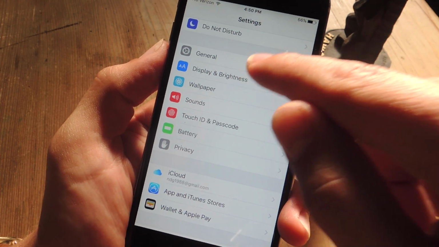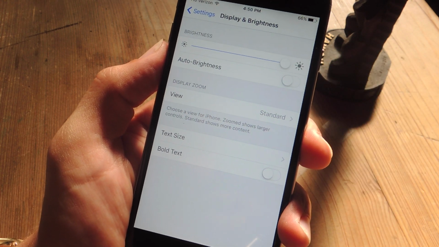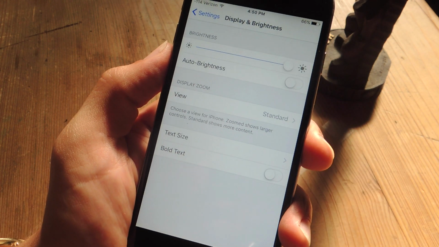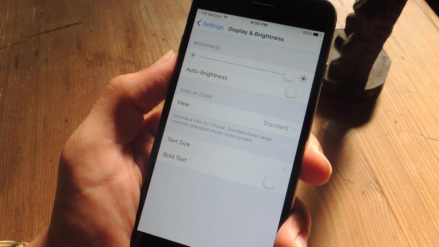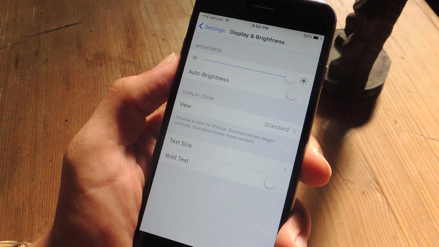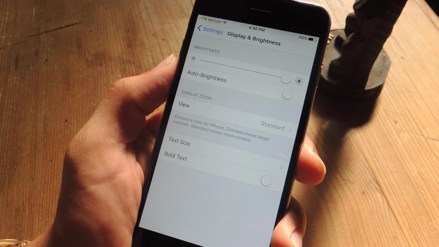Next, let's head into display and brightness. From here, I suggest leaving auto brightness toggled off. I know you can just swipe and adjust the brightness yourself if you're not that lazy. Also, auto brightness automatically adjusts the brightness depending on your surroundings, and more often than not I find that my brightness level is a little too high when I have auto brightness on, therefore wasting more battery than I see